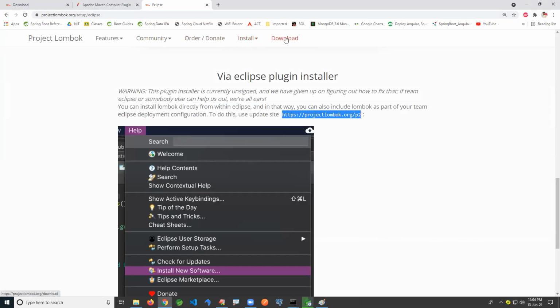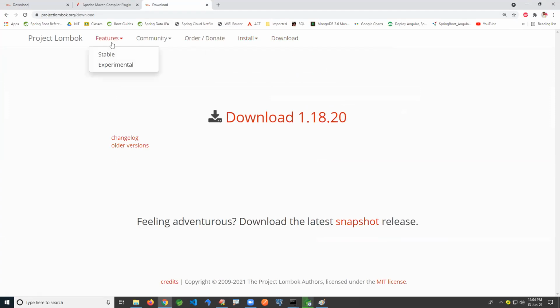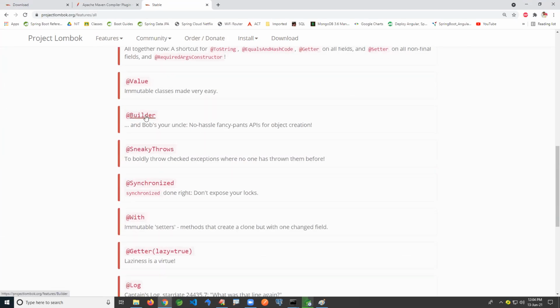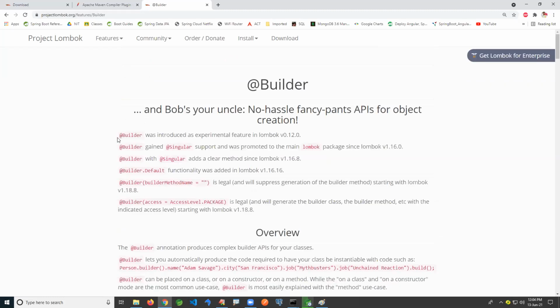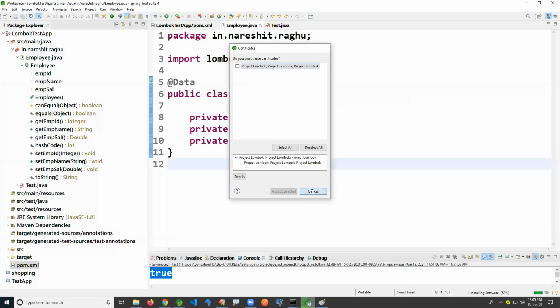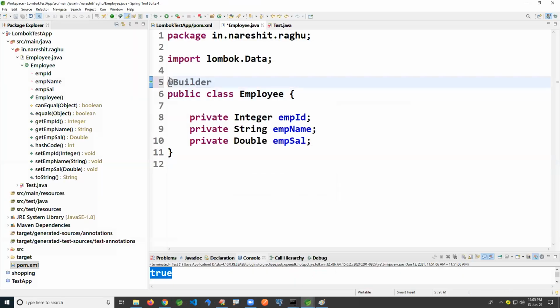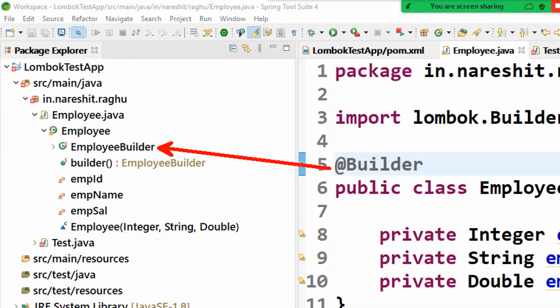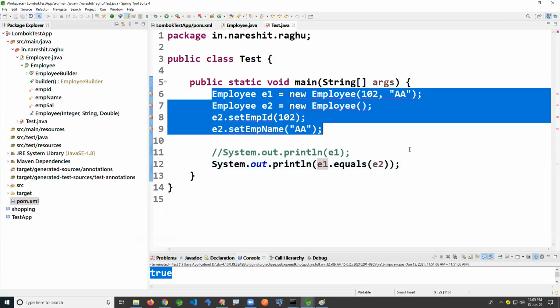It also has some other options, something like build and all. Stable versions have some annotations, you can see here. You can apply the builder pattern with @Builder, and write your code in the builder process. If you already know the builder pattern, something like class dot, member dot, and at last build. In that process, you can just apply @Builder. I'm just writing, look here. So the Employee builder inner class is created here. If you already know the builder pattern, then only you can follow this. In the test class I'm just building the Employee object.